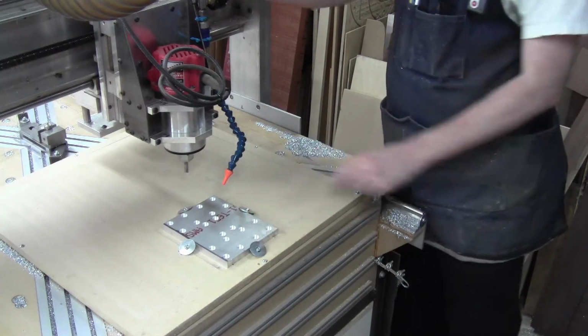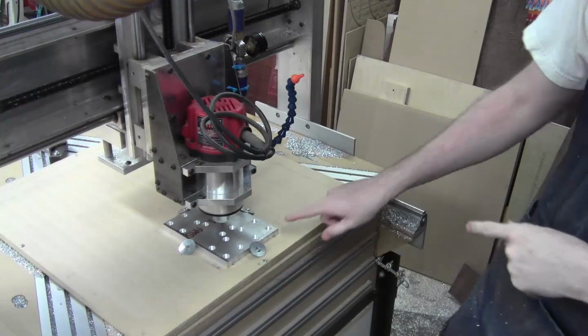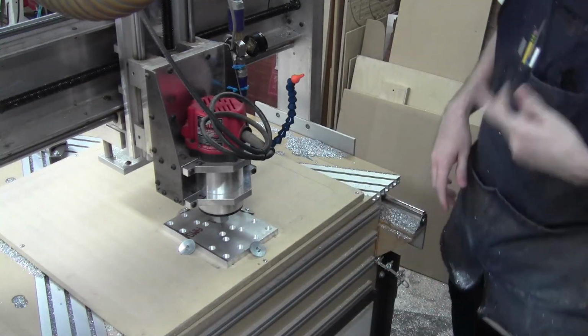I'm quite pleased by the counterbores though. That process worked a lot better. Alright, we've got our V-carving bit in here now to spot all the centers for each of these holes. Pretty simple